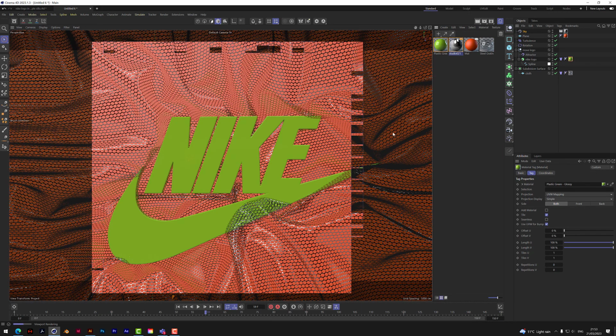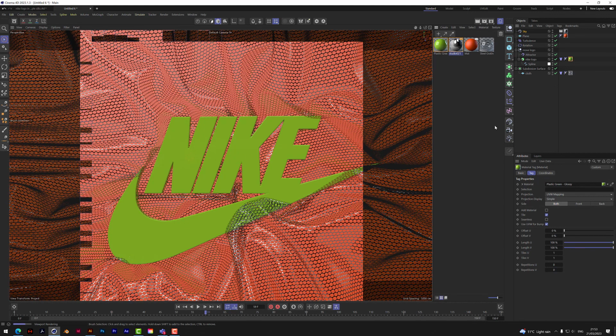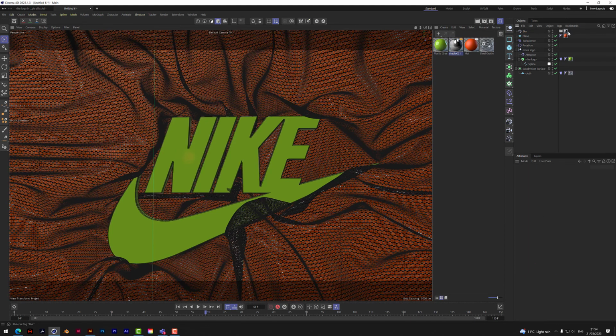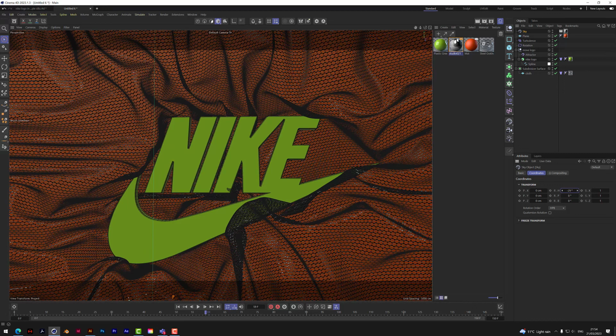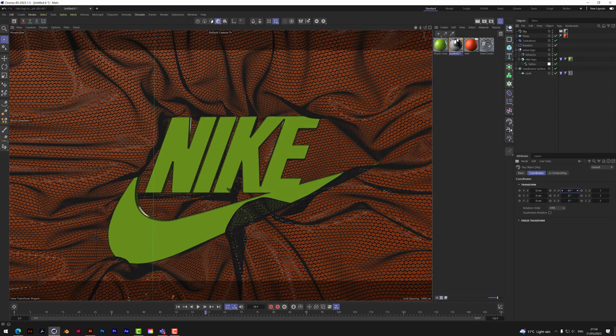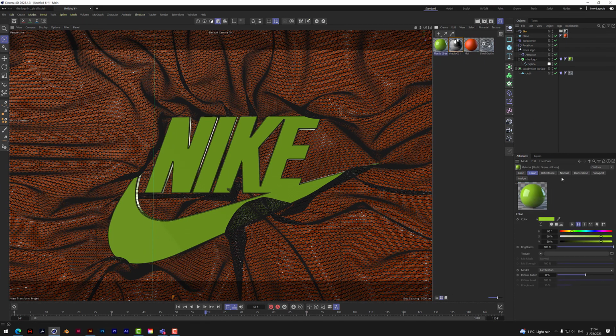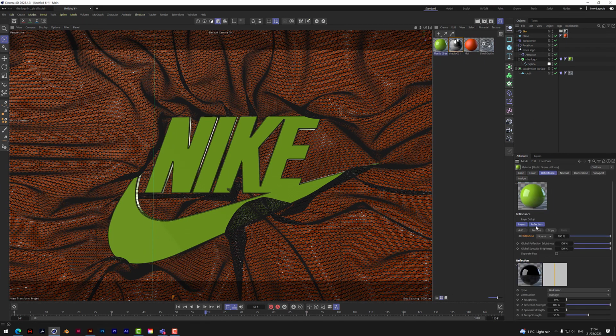I mean, obviously we haven't got any reflection in this surface yet, so I'm just wondering, if we go on sky and we go on coordinates, we can actually spin this image around like this just by moving it around, so you can see it's highlighting and catching the edges. Now I just wonder, have we actually got enough